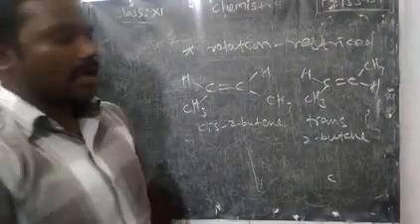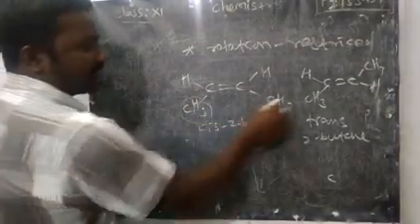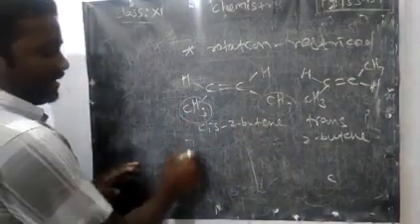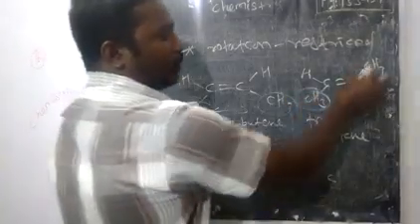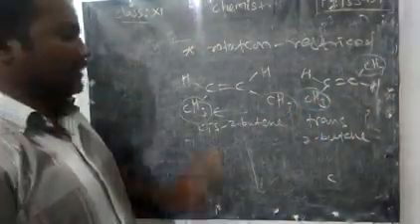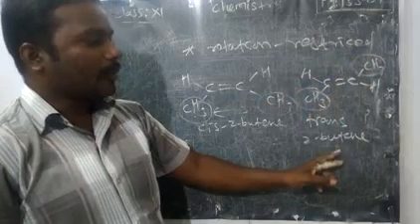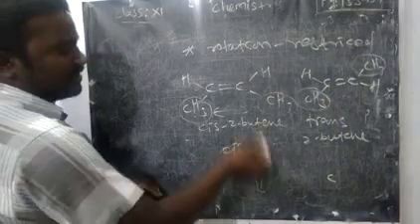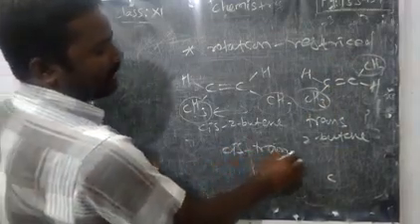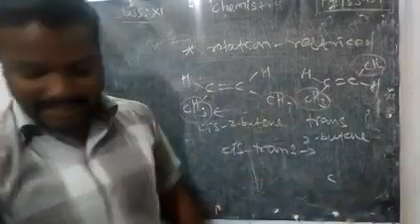So how do cis and trans differ? Look at the diagram carefully. See, the CH3 groups, the similar groups, are present on the same side. Simply you can remember: similar groups present on the same side, and similar groups present diagonally opposite. So similar groups on the same side means cis. Similar groups diagonally opposite means trans. So this is called cis trans isomerism. In geometrical isomerism, this is also called cis trans isomerism. They differ because of the cis and trans positions.